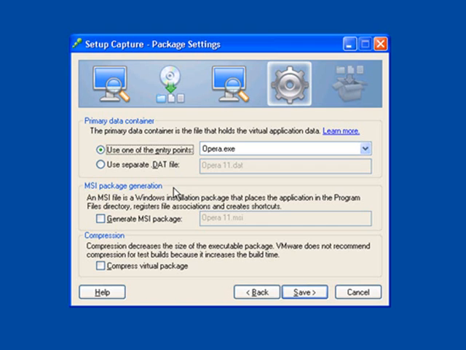The MSI package generation allows you to define whether or not an MSI package is going to be generated. MSI packages are useful in several different instances. If you want to deploy the ThinApp package directly to your Windows stations, using traditional software distribution methods, your deployment tool can use the MSI package, which is really just a wrapper around the ThinApp package itself, and the ThinReg